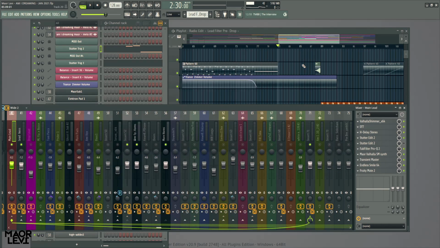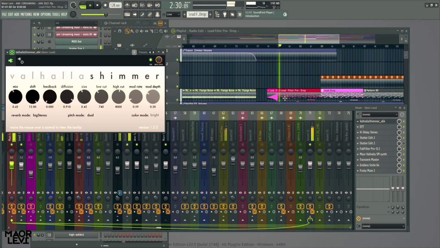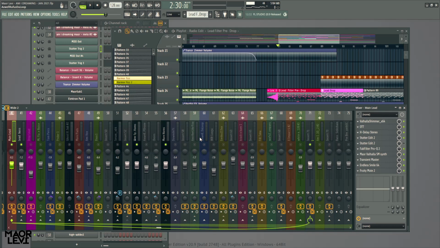Let's see what else. I think I have some automations going on here as well with Shimmer. It's just a dry/wet automation here, the parallel. And then I have Valhalla Supermassive as well. They're both reverbs, so I just automated them to duck while the vocal is playing. So if we have the vocal,